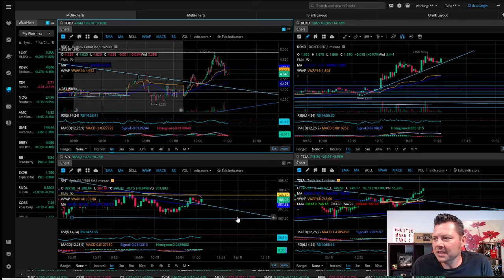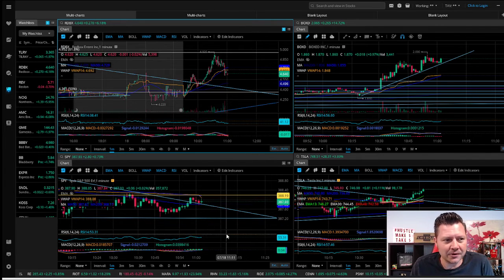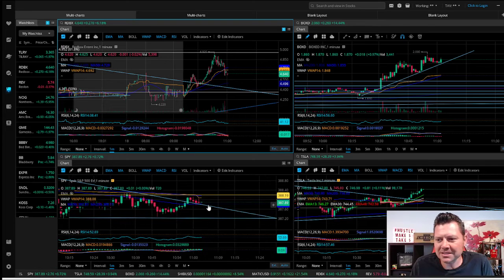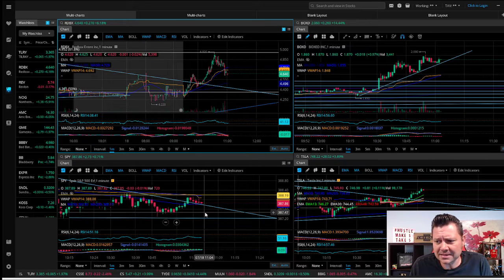What I am concerned about with the SPY overall is this kind of looks like a weak pattern. It should have broken down. We saw a lot of gap ups today, a lot of gap ups on a lot of different tickers, coming in hot, and then for this to continue with strength would really surprise me, especially being in a pattern that should break down. I'm waiting to see if it's going to get sucked in here and play the SPY